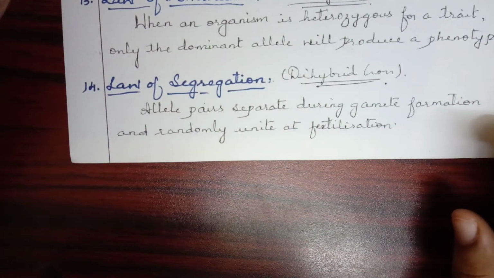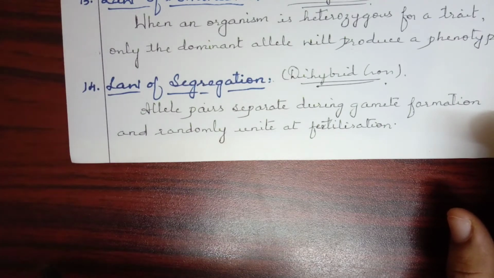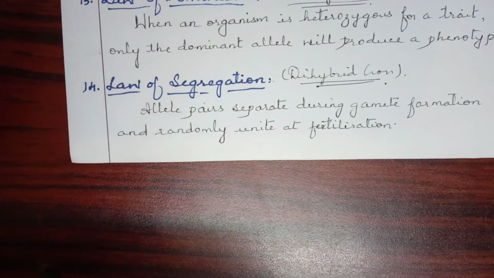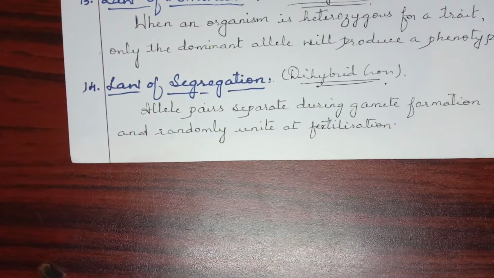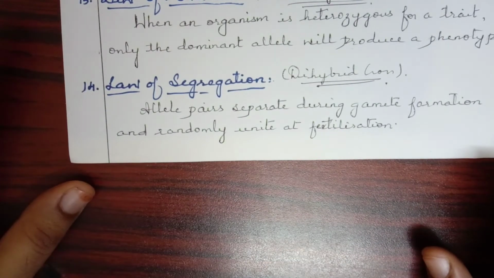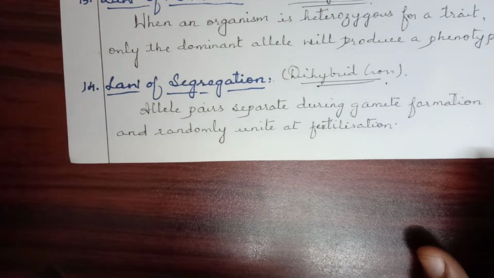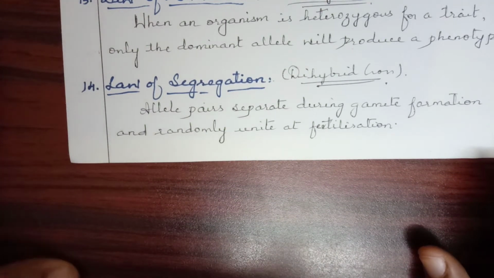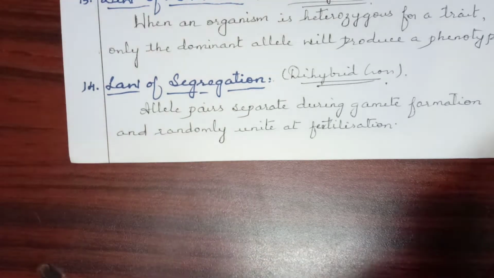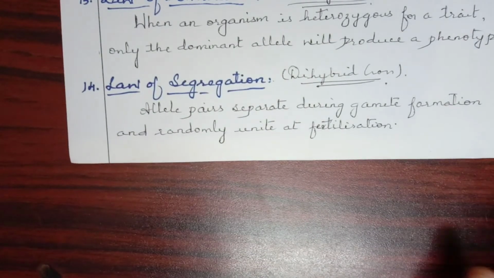Okay, next comes the law of segregation. This is mainly related to dihybrid cross. There are two laws in relation to dihybrid cross. Now, when they ask you questions related to dihybrid cross, most of the time they'll be asking why you get a new combination. Suppose you have taken round and yellow seed and wrinkled and green, you're going to get round and green and wrinkled and yellow. So new combinations will be seen. When they ask you a question related to that, then you can go for this as well as the independent assortment law, and you can combine both and write.